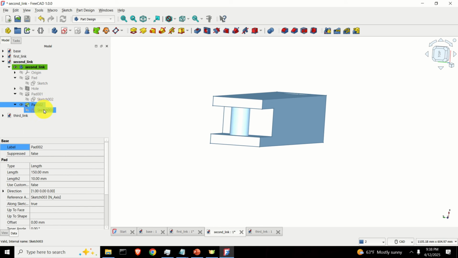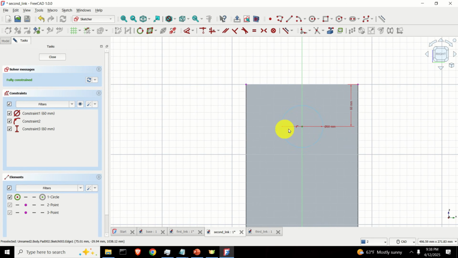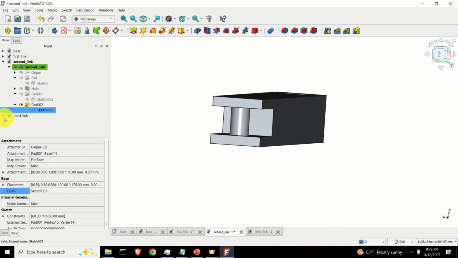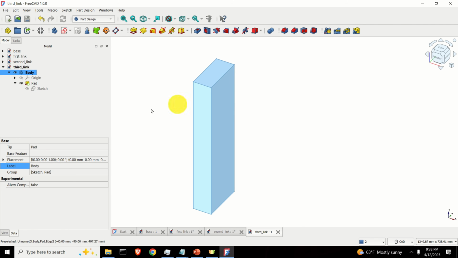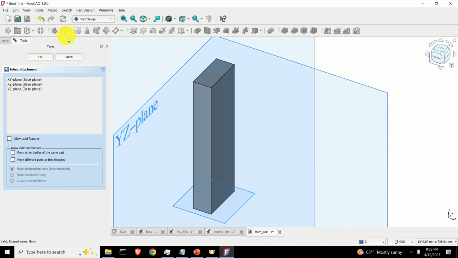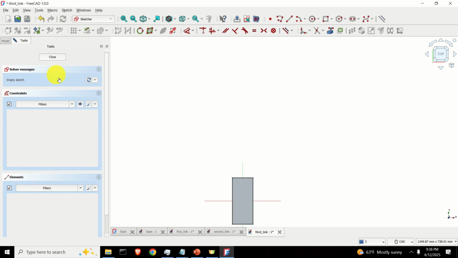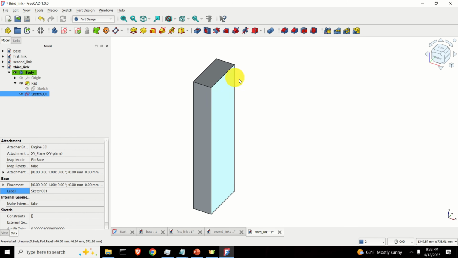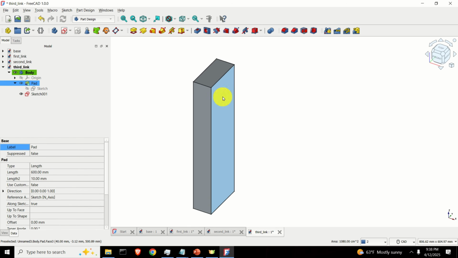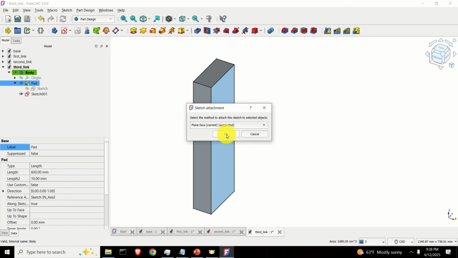hole diameter over here. It's 60. Or actually, the rod diameter is 60. So let's create the 60 over here. Click over here on this body, and let's create a new sketch. Select any plane, click on OK, click on Close. Now map that plane to this plane, click here. Then what you need to do here, you need to click here, attach sketch, find the sketch, click on OK,